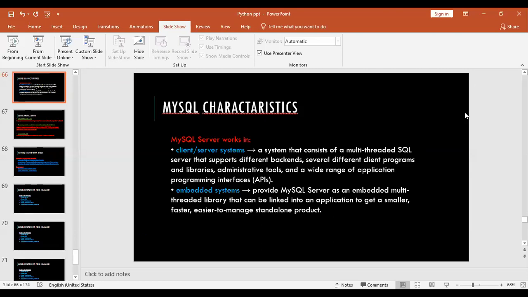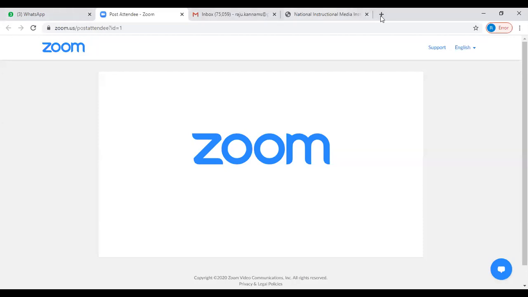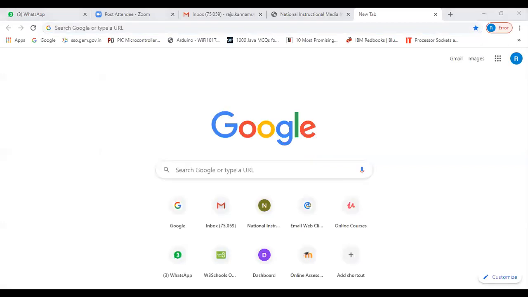Now let us go here. I'll copy and paste that particular link. I have some notepad, so for easiness we can use that; you can easily copy from the notepad.